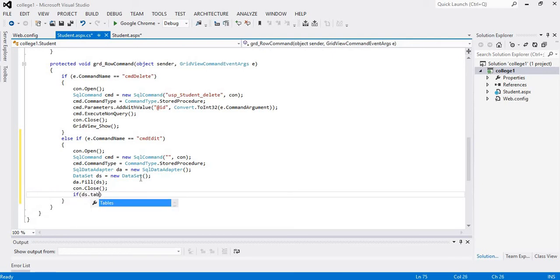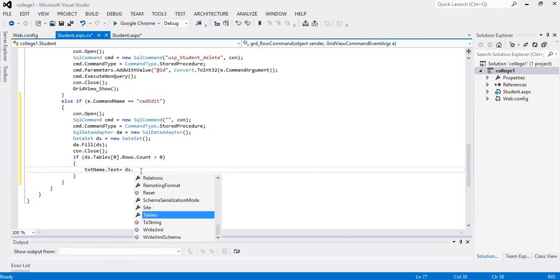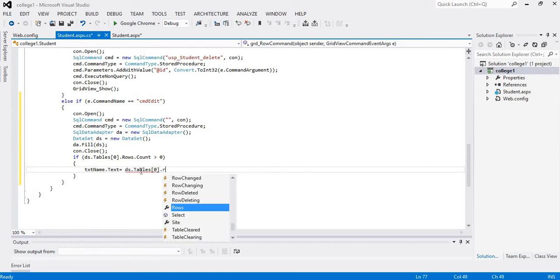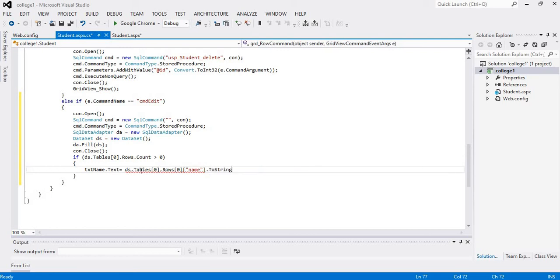If DS dot tables 0 dot rows dot count greater than 0, it means the data is present, and if the data is present, we will pass the data to our text boxes like txt name dot text equal ds dot tables 0 dot rows 0, and then the database field name, name dot toString, as the text box accepts the value in string, that's why we have converted it into string.